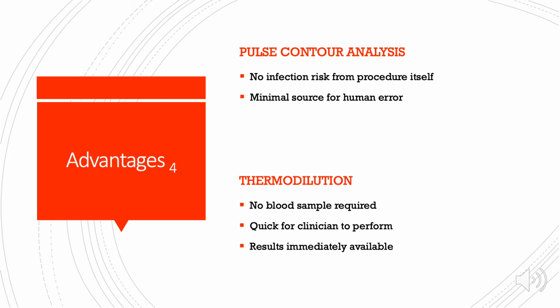So now to just do some advantages and disadvantages. For the pulse contour analysis, some big advantages are that there's no risk from the procedure itself. And because it uses an algorithm, there's really minimal source for human error. The only thing with the infection risk is that it does usually require an arterial line, so there is an infection risk from that, but that would probably already be in place. If this were someone we were concerned about getting their cardiac output, they would already have invasive blood pressure measurement